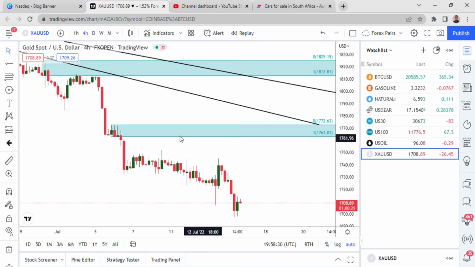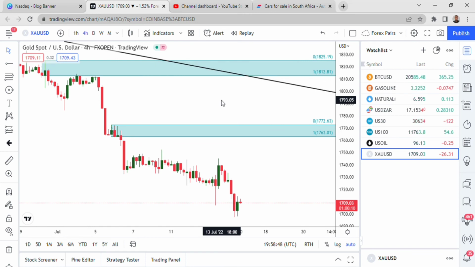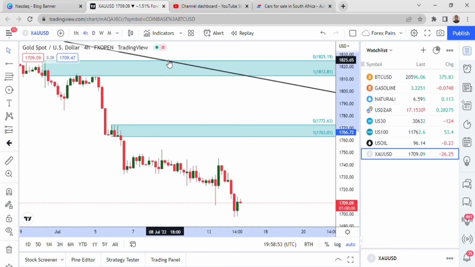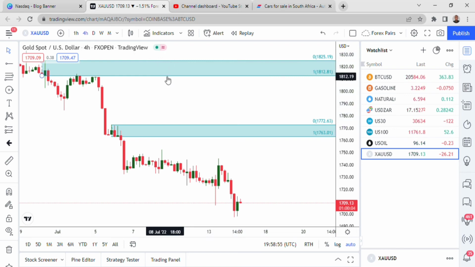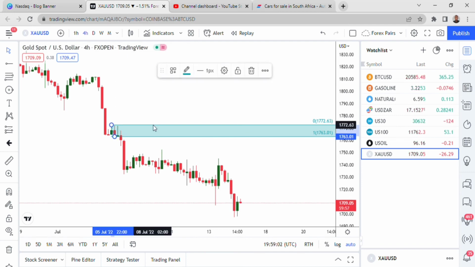So this is that daily. This is the H4. I think the daily just disappeared somewhere here. So this is the H4 that we had when we were going down. And then we said, if you wanted to buy here, the profit margin was compromised. We can just remove this trend line that we drew from the daily. So we need to put a trend line that belongs to this, and this is the daily opposing zone. Let's just remove it, and then the H4, let's just remove and start afresh.